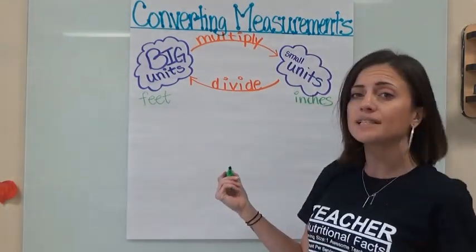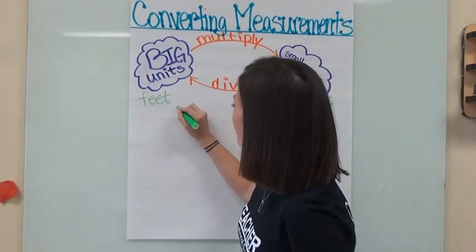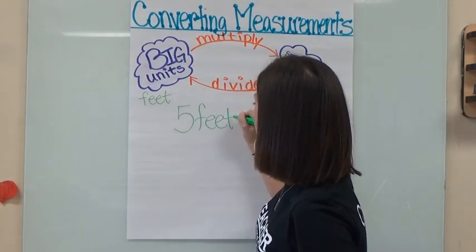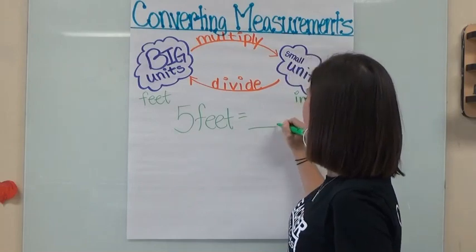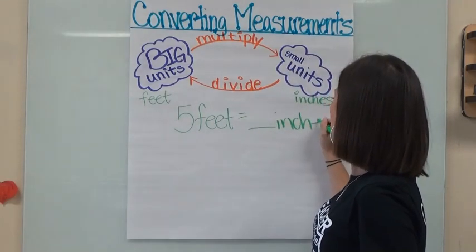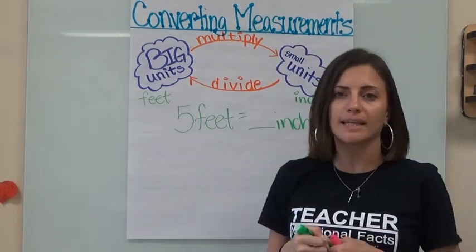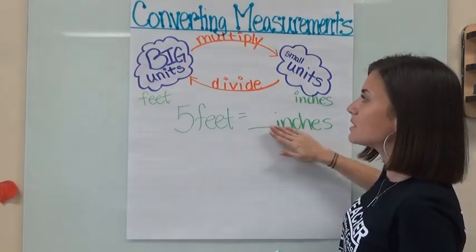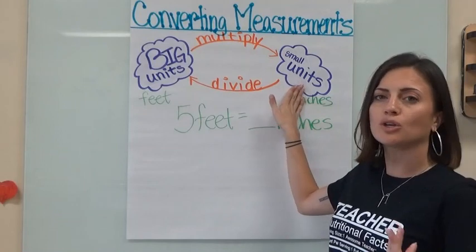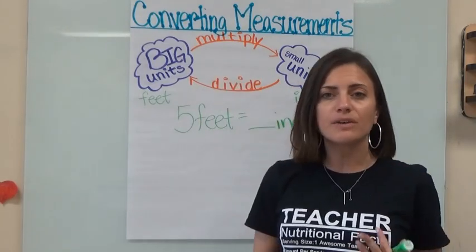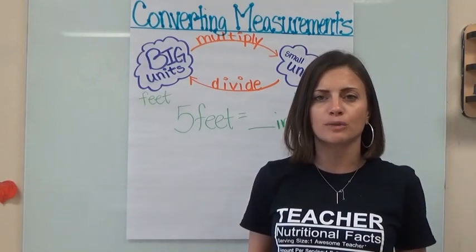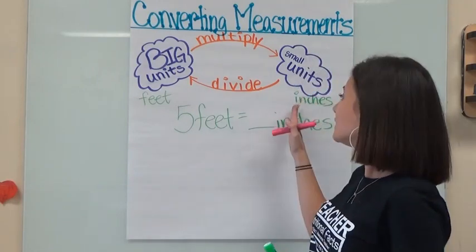So let's say Miss Nick is 5 feet tall. 5 feet equals how many inches? When we're solving a problem like that, we first look to our measurements. Well, we know we're going from feet to inches, and that's from big to small, so we're going to multiply. Once we've identified that we are multiplying, we have to know what our conversion rate is, how many inches are